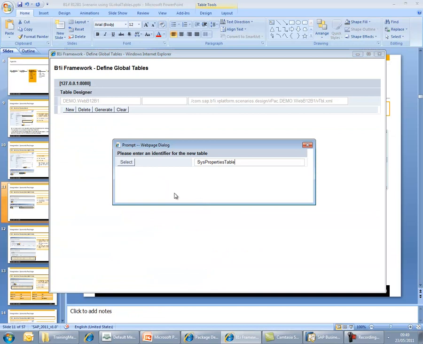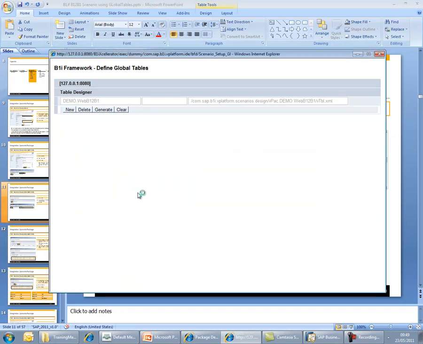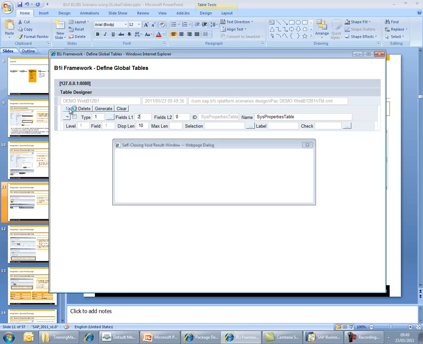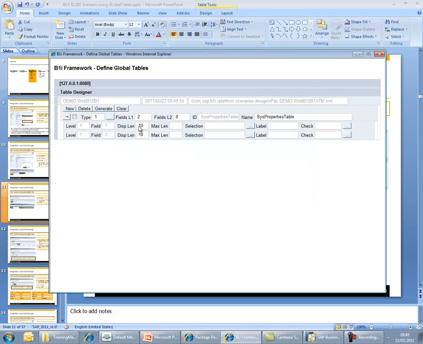Now we know the name is sys properties table. So this is my new table, sys properties table. And now how many fields do we want? We can have two dimensions, but let's start with one dimension with two variables. I make a new one, so I have two fields,